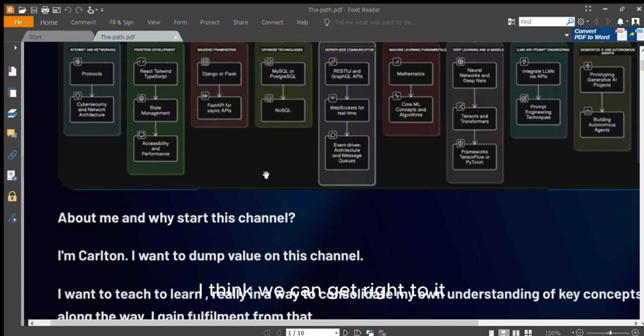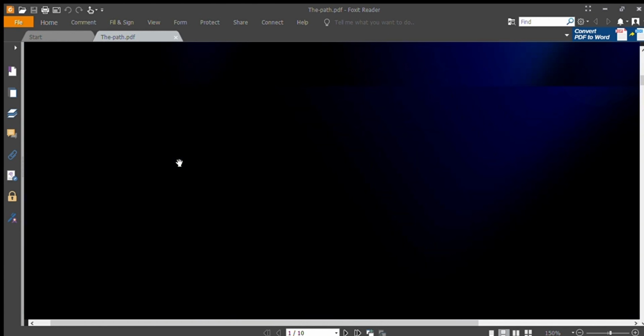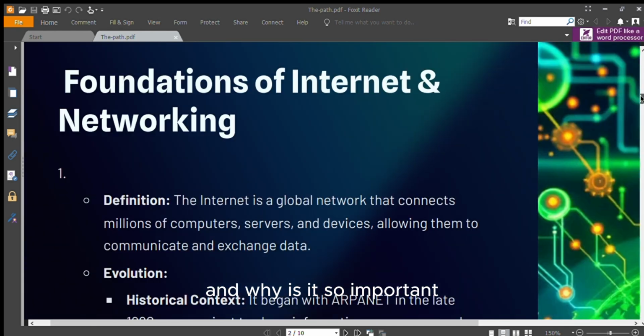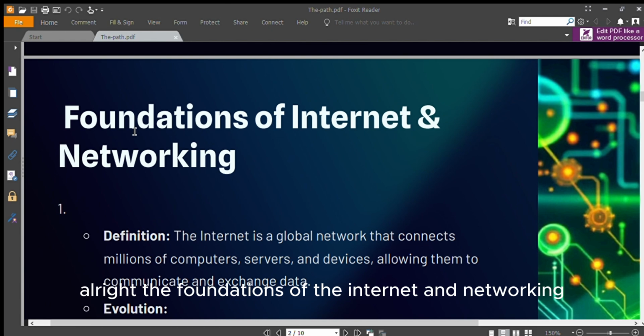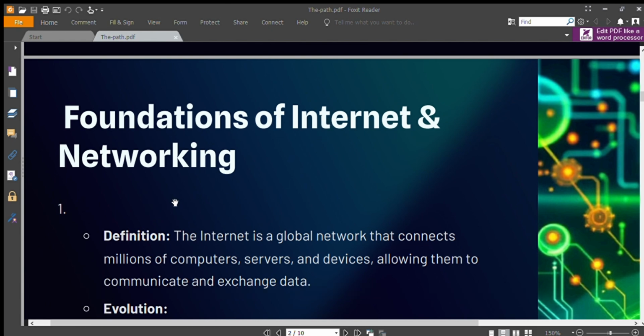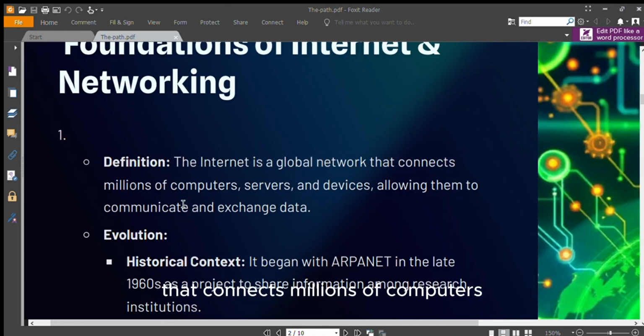So I think we can get right to it and discuss the internet and what it's about, and why it is so important. Alright, the foundations of the internet and networking. The internet is just a global network that connects millions of computers, servers, devices, cameras, right? Think about